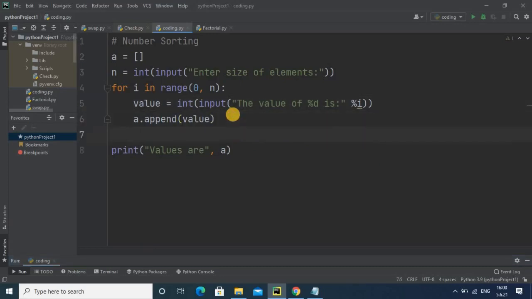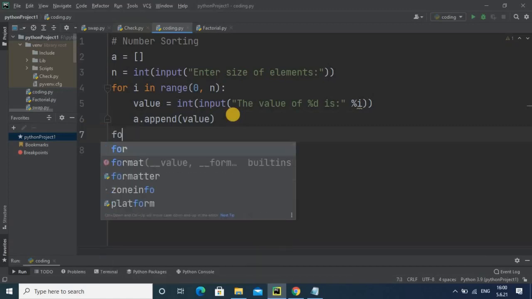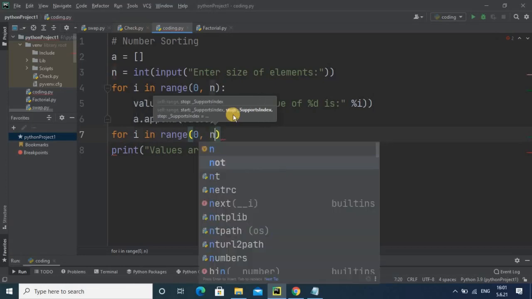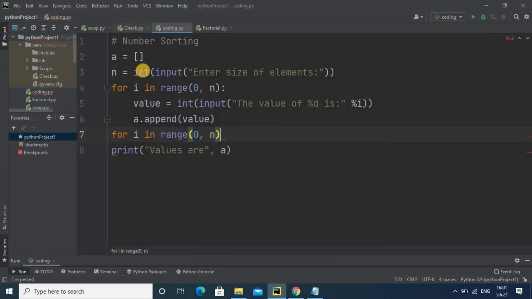Here we will add some statements, and we will take one for loop: for i in range. Here we will specify all the positions, that is 0 to number, because this number variable represents the total size, so 0 to n.